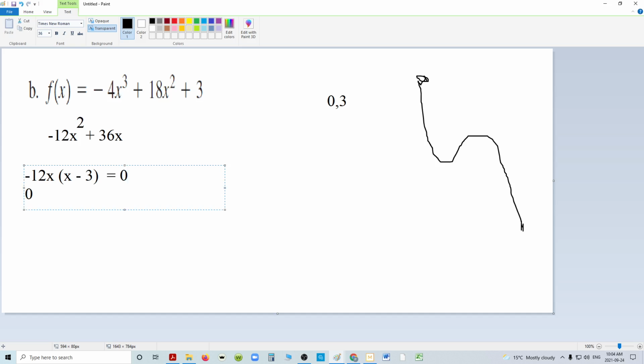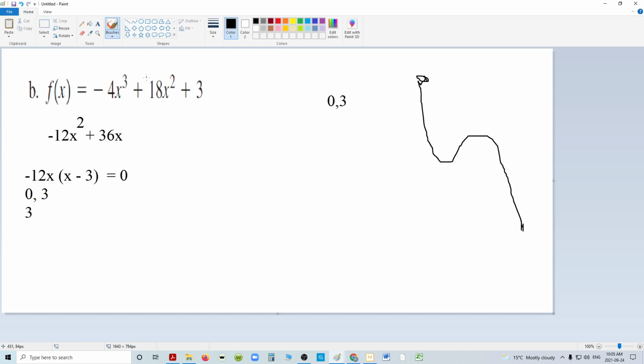One is at 0, so I already know it's 0 comma 3, and one is at 3, and when I plug that into the equation, 3 cubed is 27 times minus 4 is minus 108, and then it's plus,